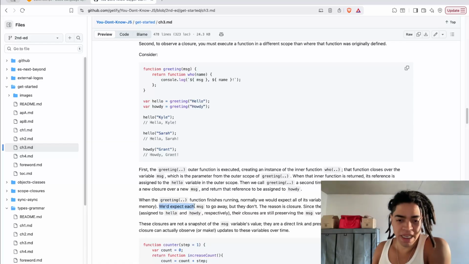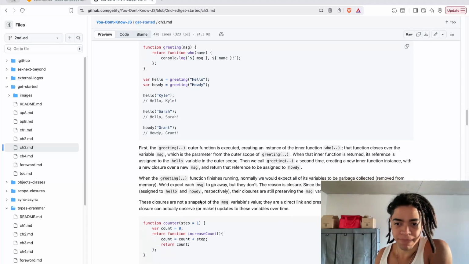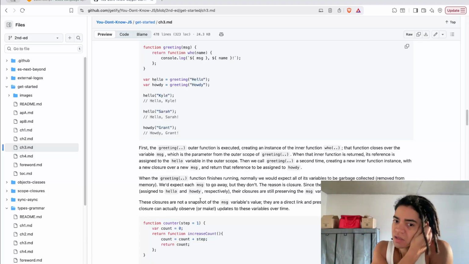So we expect each message to go away, but they don't. The reason is closure. Since the inner function instances are still alive, because they are held here in this container, their closures are still